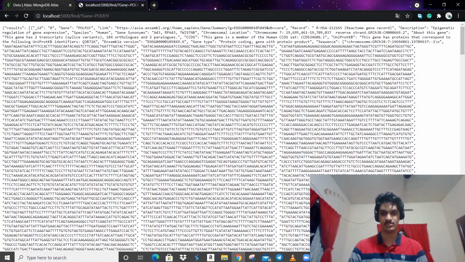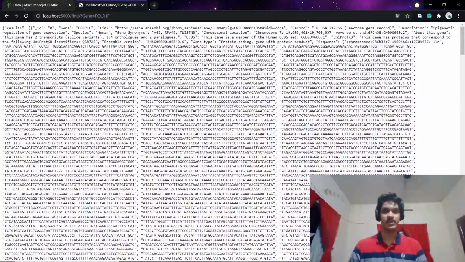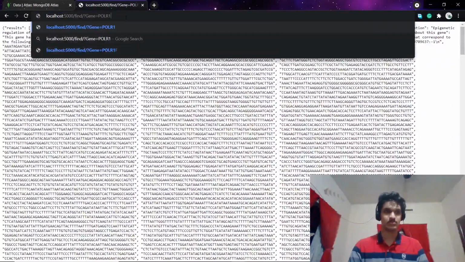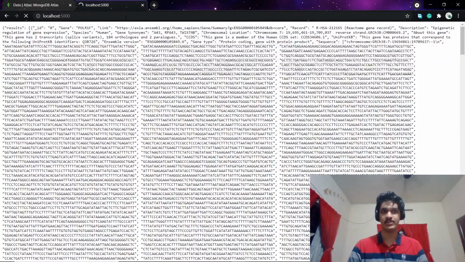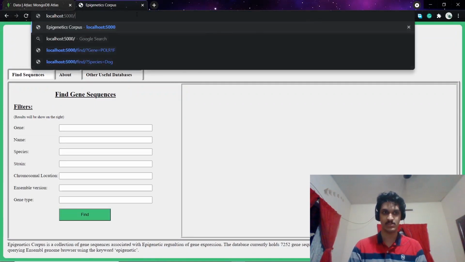So our server is running. The REST API server helps us to serve the data that has been stored in the database as requested by a client, and we can also pass parameters in our GET request to filter out the sequences. So here I have given gene equal to POLR1F, and our server is running at localhost 5000, and our REST API is at the root /find/.